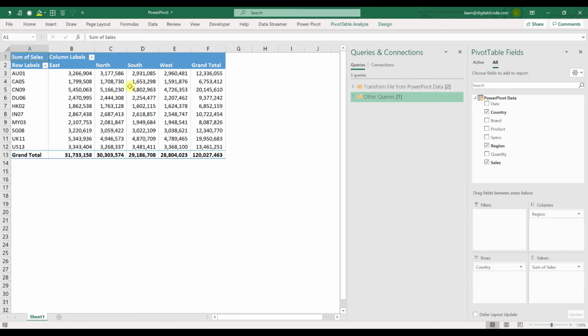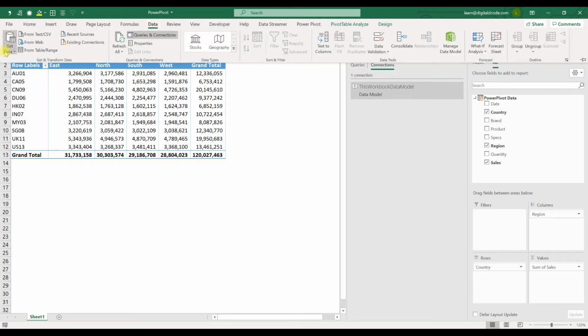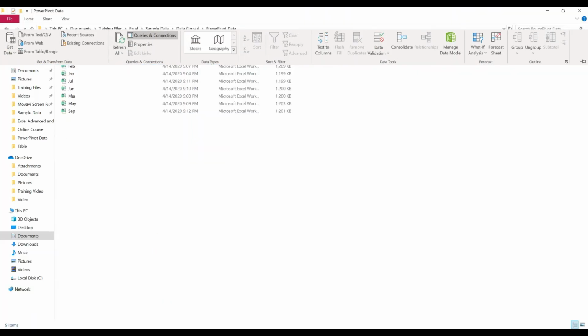So now, here if you see, I have only country code. I want, instead of country code, I want country name. Similarly for the product, instead of product code, I want product name. And date also, I have date format. Instead of that, I want month. So I'm going to do a few changes in the data model. To do that, first let me load a few data, because we have a mapping file, I'm going to load the mapping file here.